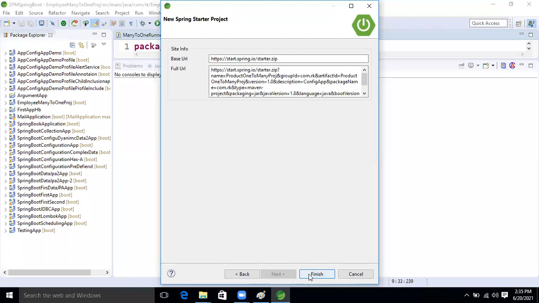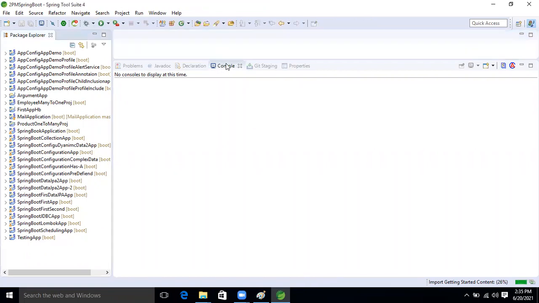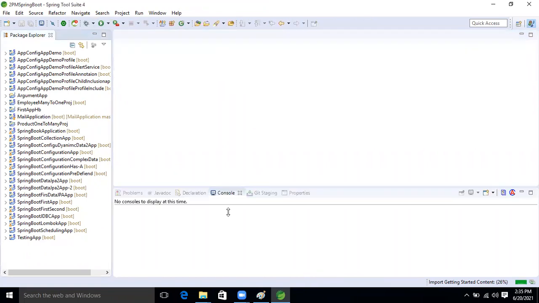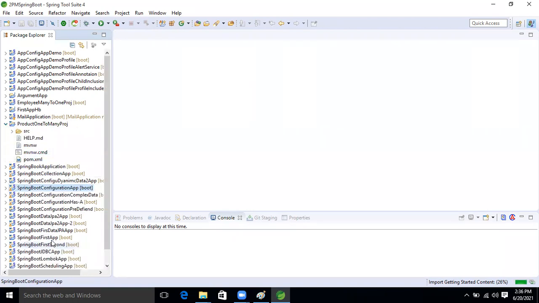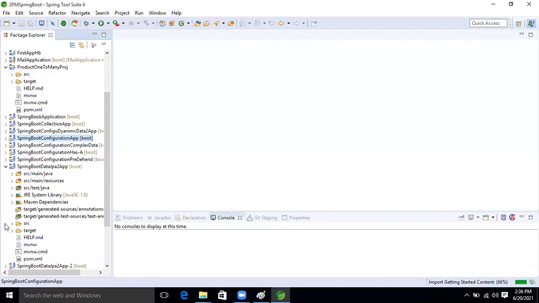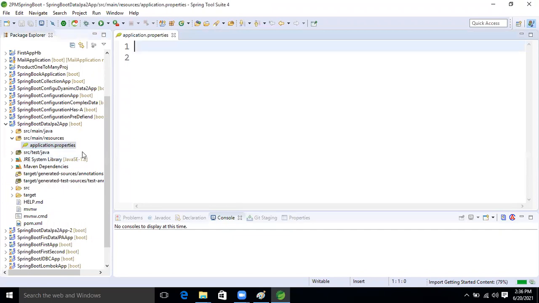Next, let's copy the properties from the other application.